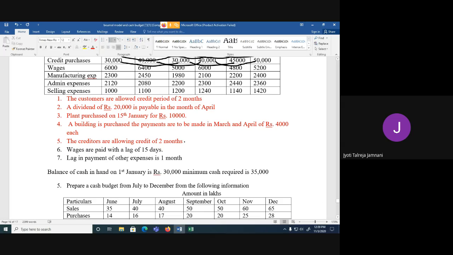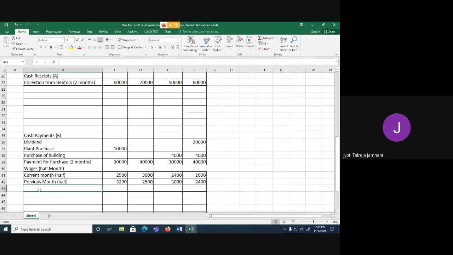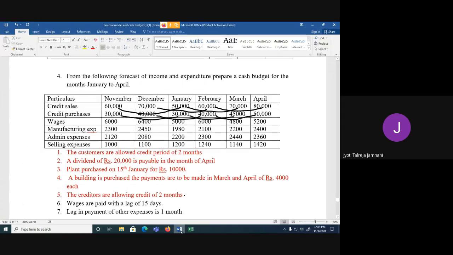The next adjustment, lag in payment of other expenses is 1 month. So 1 month we are taking for other expenses. We'll see which are the other expenses. Manufacturing, admin and selling. All these three expenses we will pay 1 month late. So manufacturing expenses, admin expenses and selling expenses. So we'll be paying 1 month later. That means we are going to pay